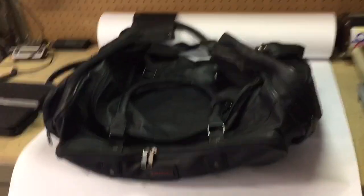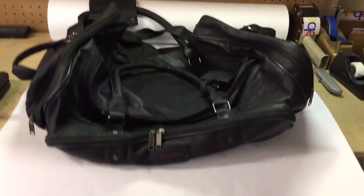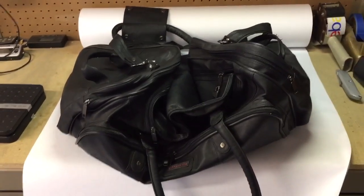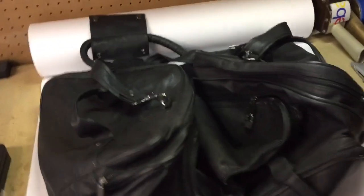I like to pick up these leather duffel bags whenever I find them. I found this at an auction, and it was full of other bags. And I got it for $2.50. Nobody else is bidding on it. Nice multi-pocket, made by Expressions. Took a little longer than I thought to sell, but what do I know how long things should take to sell. But it finally did for a full price of